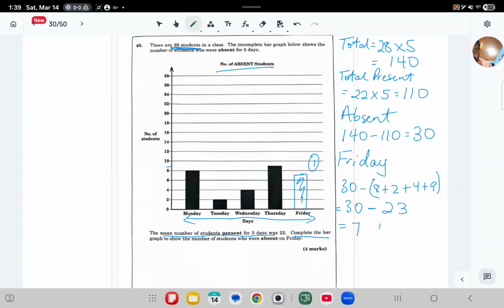We get 1 mark here. We get 1 mark for calculating the 7. We get 1 mark for calculating the total absent. We get 1 mark for calculating the total present. No, hold on. Yeah, the total present. Alright, so that's how our marking scheme runs. That is it for the tests